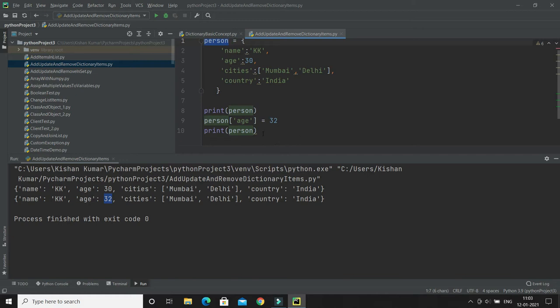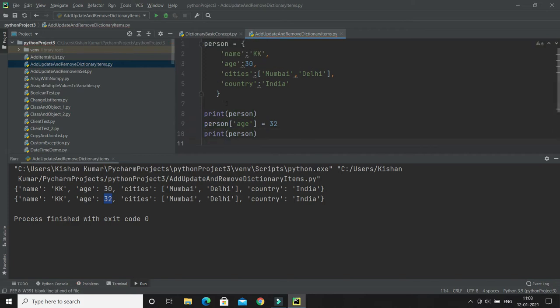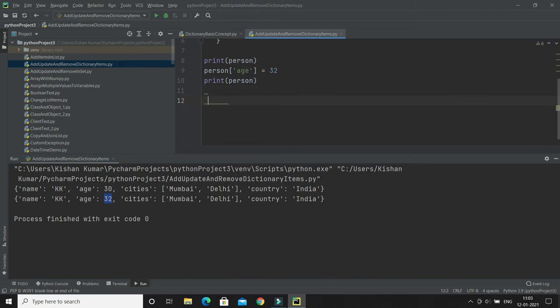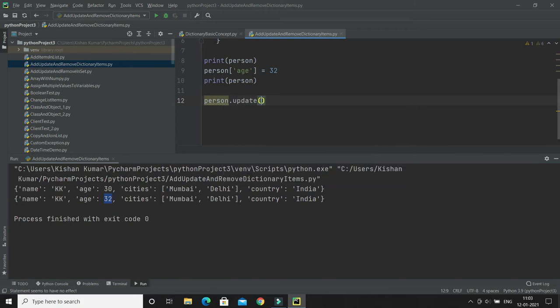So here let's say I would like to update this dictionary. So this is the dictionary and I will call the update method, right? And within the update you have to give the curly brackets, and here you need to specify your key value pairs.